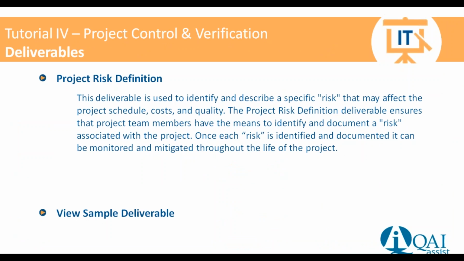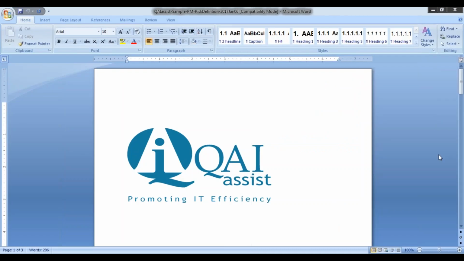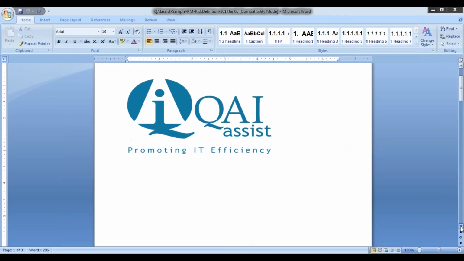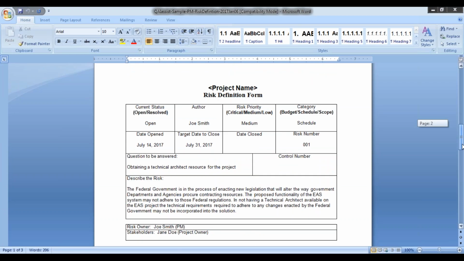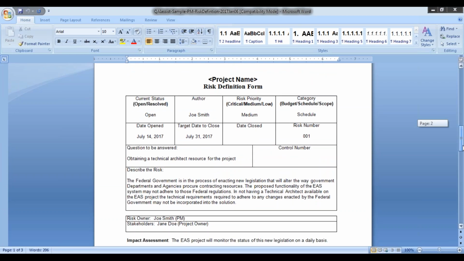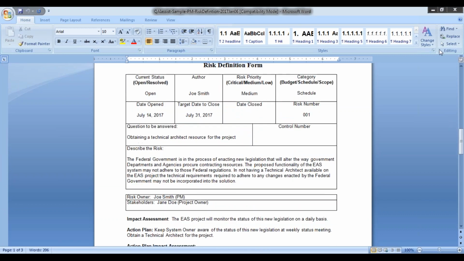Okay? And similarly, we need a place to document what the risk is. We need to be able to reference it and have an official record of what it is. So essentially, there's our risk, much the same as the issue log. It's got different content though, and it's going to cite that there's a problem to do with the quality or the cost or the schedule, and it's going to lay it all out.